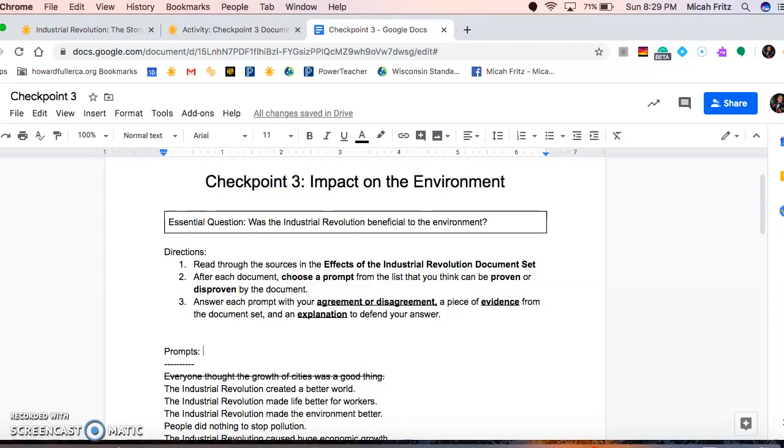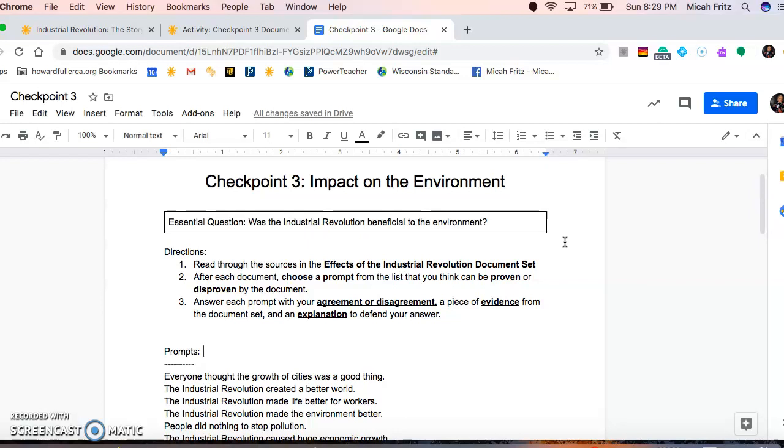Checkpoint 3 is going to focus, according to our essential question, on this: was the Industrial Revolution beneficial to the environment? So are we looking at some positive impacts on the world, or are we looking at negative things that are going on? And you guys are going to be the ones deciding here if this was beneficial to the